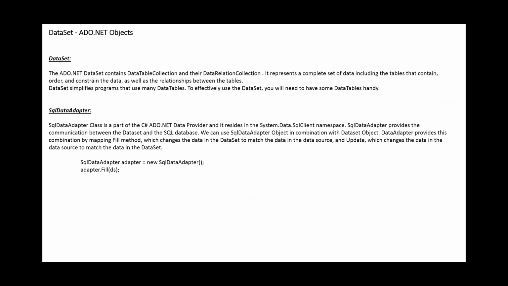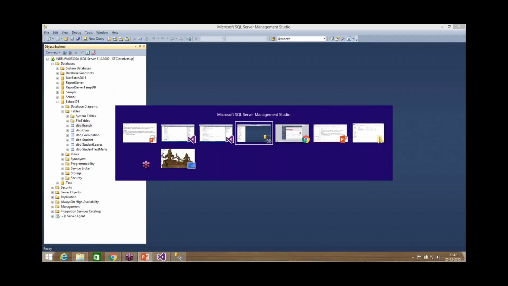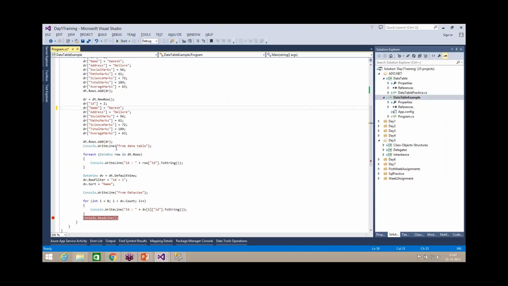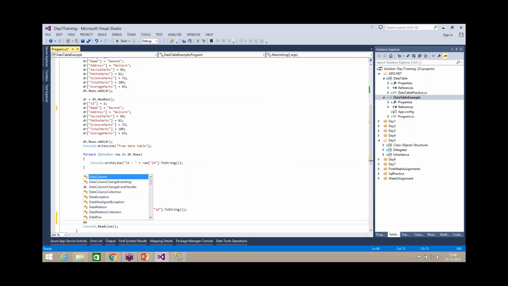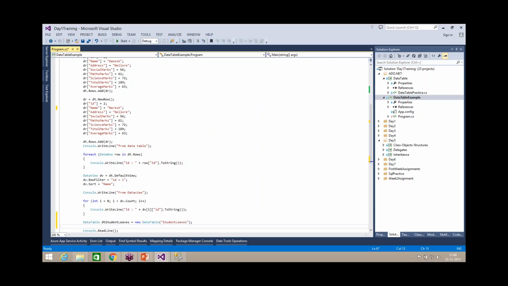Okay, so the data set, I will show you one example. I can create n number of tables. This is my table, and if I want to add one more table, I can add it here: data table dt student leaves equal to new data table, student leaves. Now dt student leaves dot